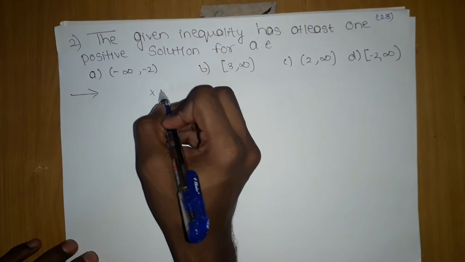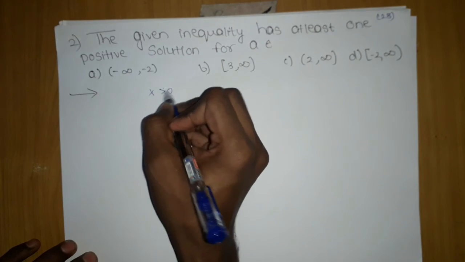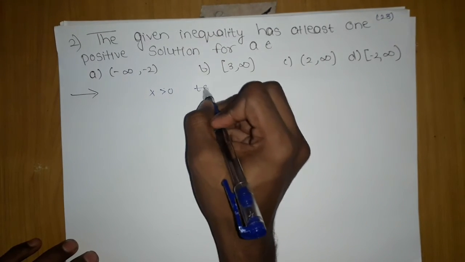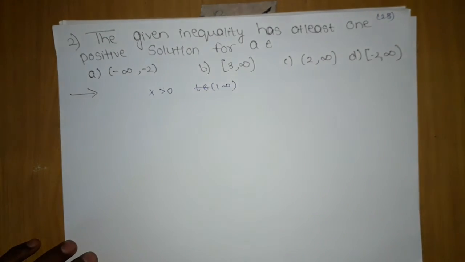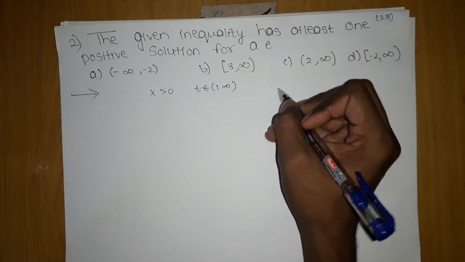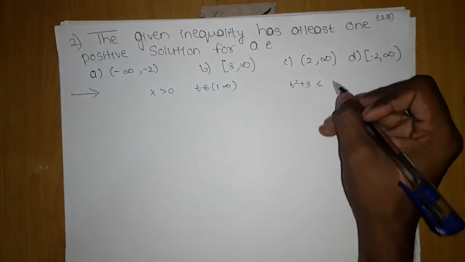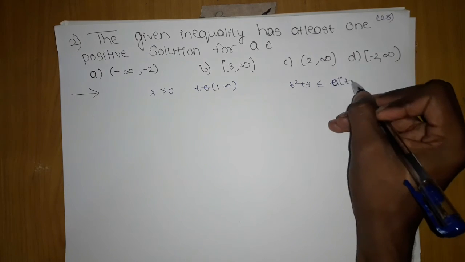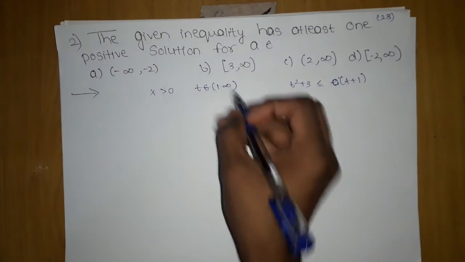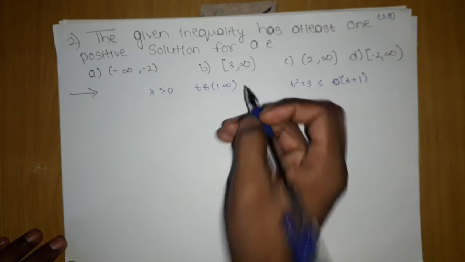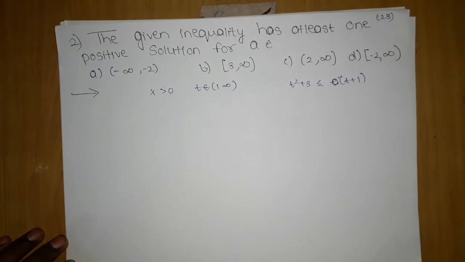Okay, so here if x is greater than 0, I can tell, so t belongs from 1 to infinity. Okay, so here that stuff means the thing which I had earlier, t square plus 3, it is again that thing only, a into t plus 1. It will be equal at some point between these. So I will check, and for infinity these two are polynomial functions, so it will be infinity only at infinity.